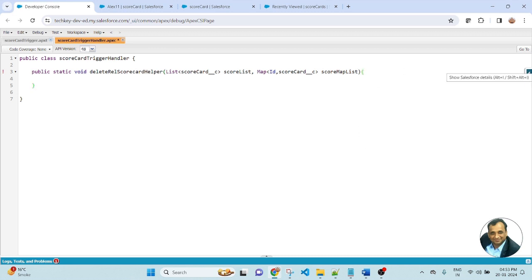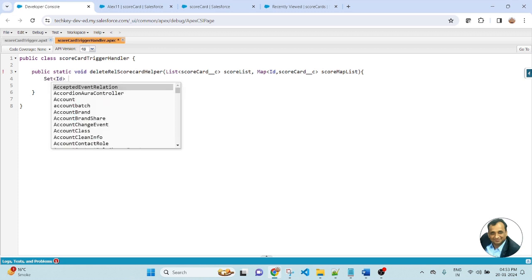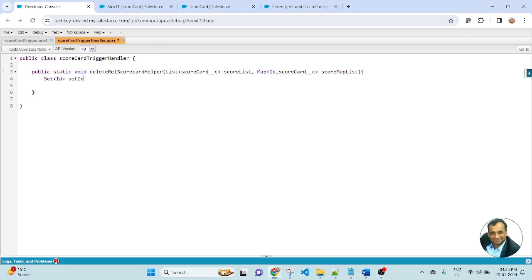Now go inside the method and create a Set of ID, setId, equal to this scoreMapList dot keySet. Here I am storing the IDs of the map inside the set of ID.